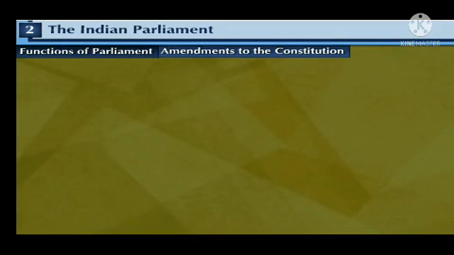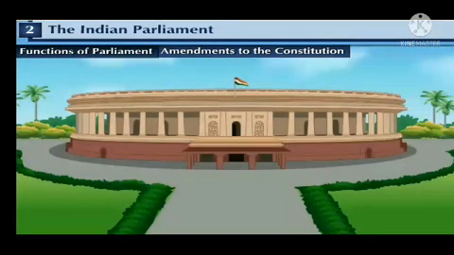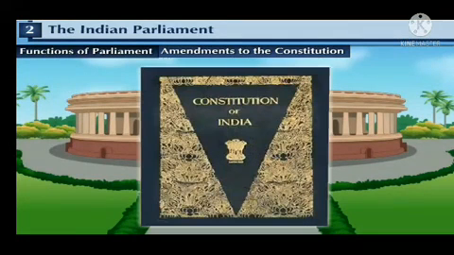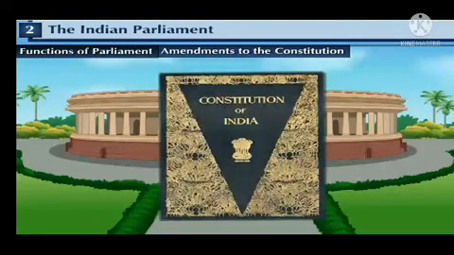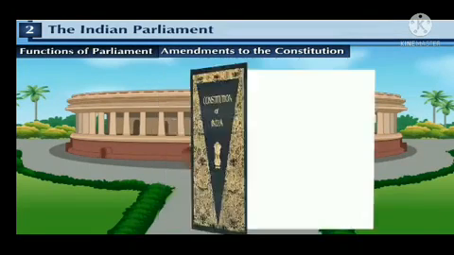Amendment to the Constitution. The Parliament had the final say when it came to the changes made in the Indian Constitution, and the Constitutional Amendment Bill was considered to be important in this regard. Parliament discussed the reasons for undertaking required amendments and decided whether to accept them or not. The Constitution mentioned various ways in which the amendments could be made.